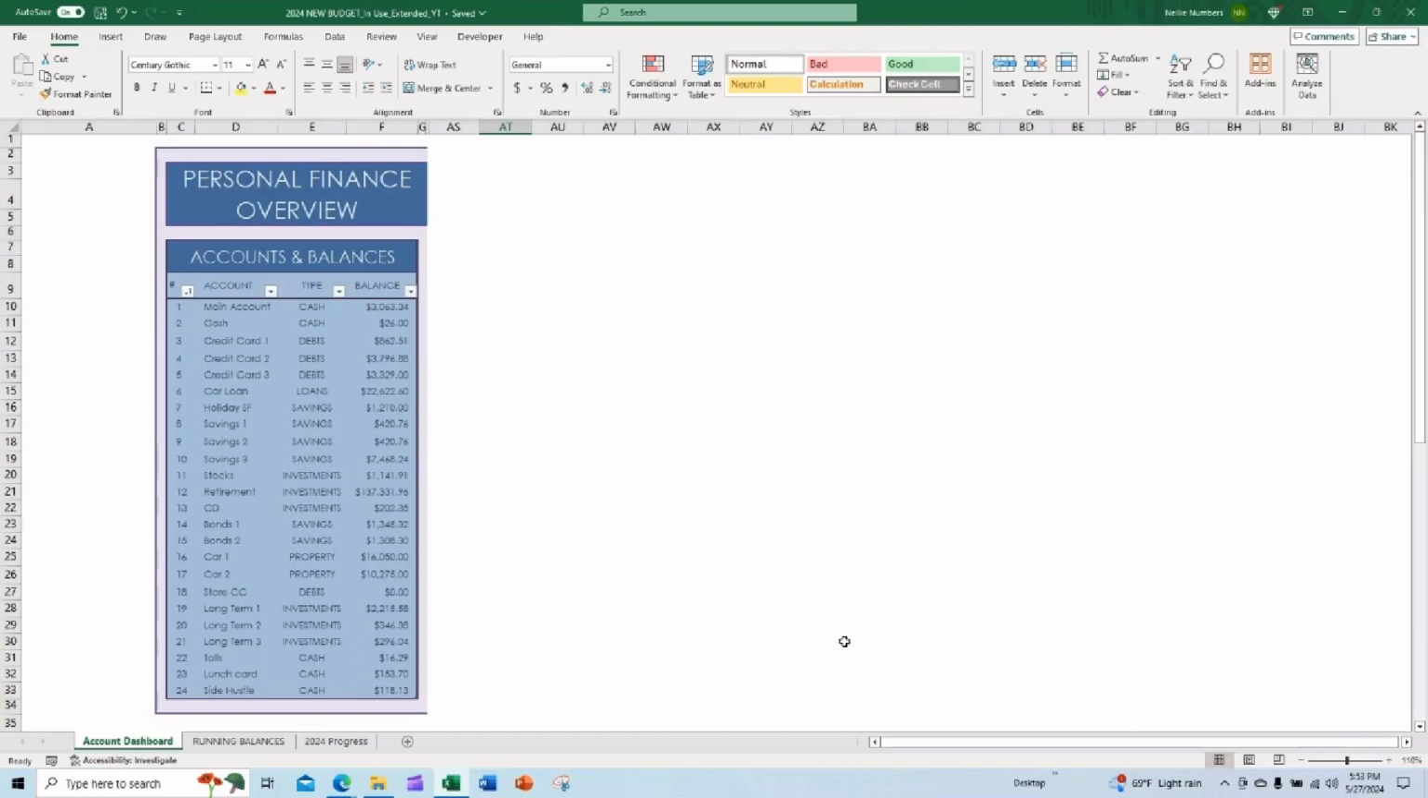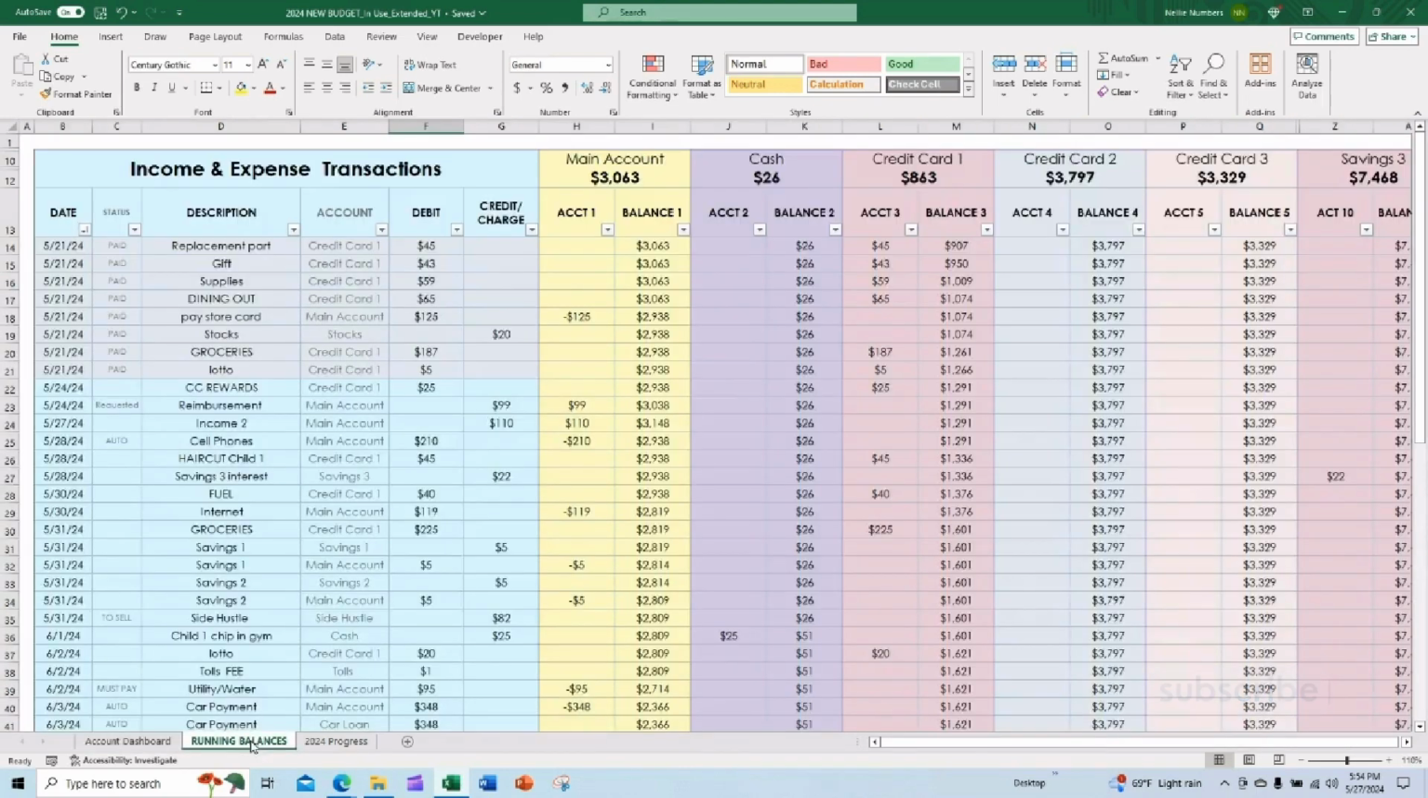For me, my Excel budget is better than any app I've ever used, and it tells my future. The first place I start with is my account dashboard. I enter all of my balances, which I've already done. All of those balances are automatically entered. These are the columns that show all of my balances, and all of my income and expense transactions are in